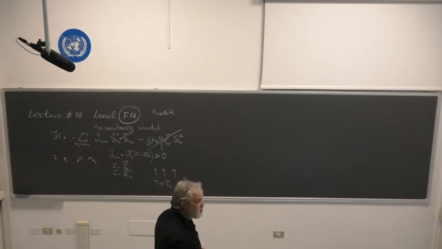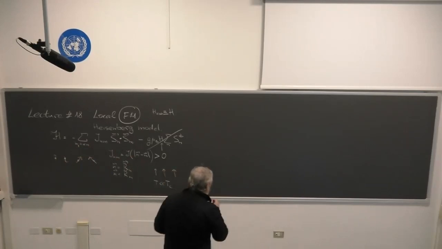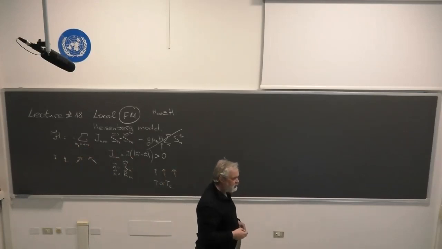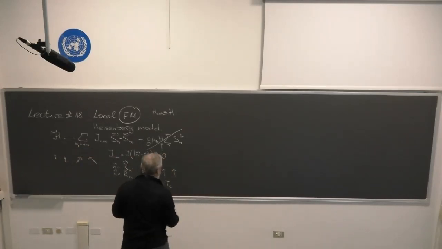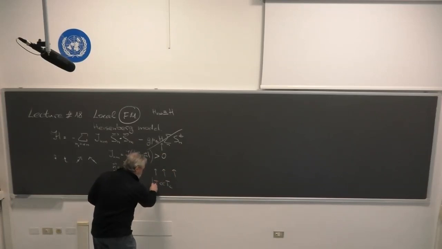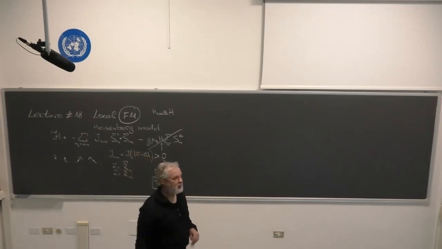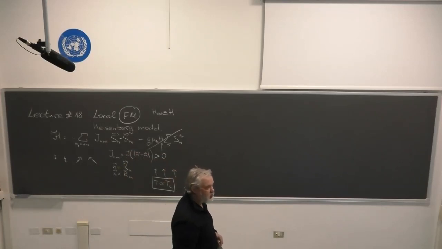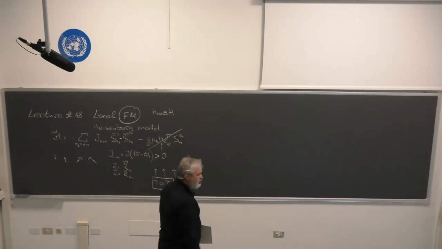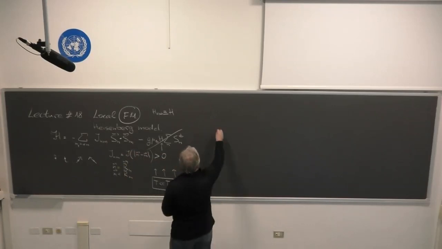Okay, let's do several exercises to rewrite this Hamiltonian in some way convenient for the discussion. For the first part of my lecture, I will consider the behavior of ferromagnets at temperatures low compared to critical. In the second part of the lecture, I will consider temperature higher than the critical. Okay, first of all,